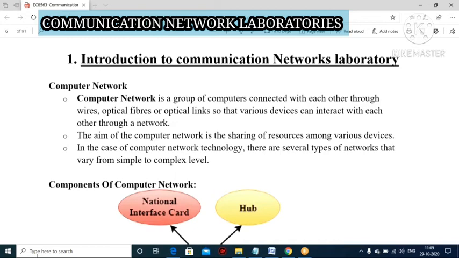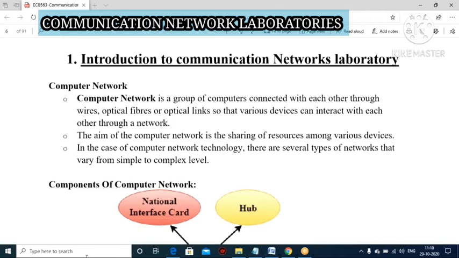The connection may be via wire or optical fibers or any optical links. With the help of this communication media, all the network computers will be connected, and you start sharing your information from one computer to another computer. So this is the basic concept of computer network.